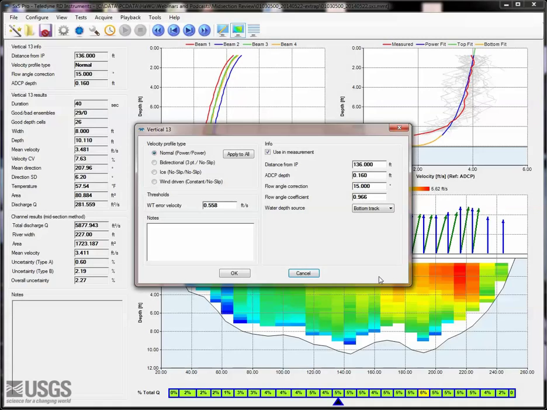Use of the ice method utilizes a no-slip on both the top and bottom, and this method should only be used for ice conditions where velocities go to zero on the surface. Be aware that changes to the power exponent apply to the ice method, as it is using a power fit of 20% of the data on the top and the bottom.